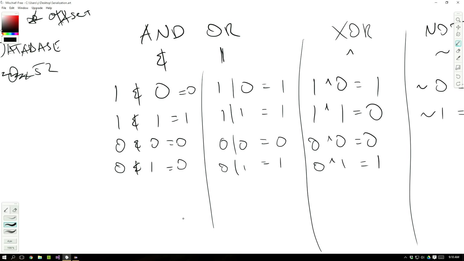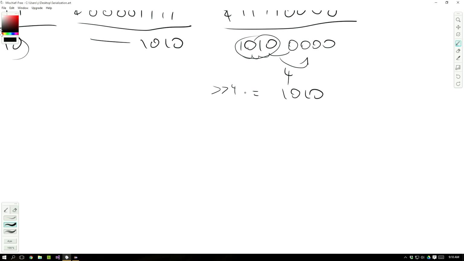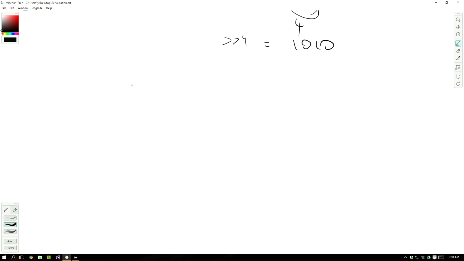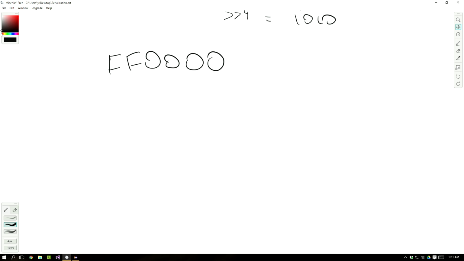Okay, so back to the drawing board. What we're doing now is essentially we've wound up with a number such as FF, and then you can see we've got a bunch of zeros at the end here. If I were to expand this, it would be essentially 16 ones followed by 32 zeros, which we're not really interested in drawing. I don't want to draw that many digits, but basically